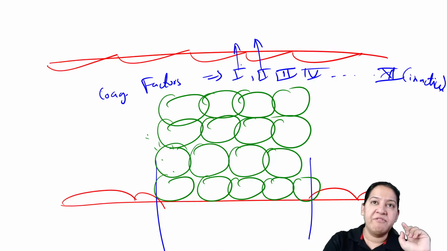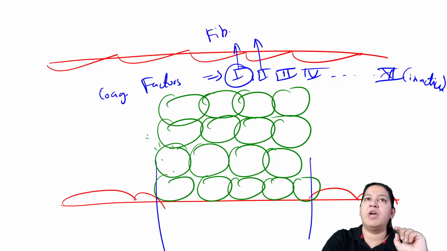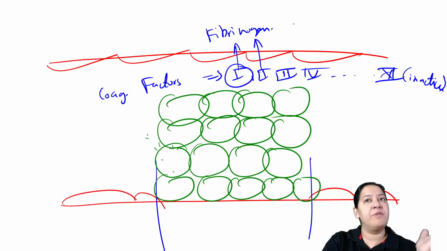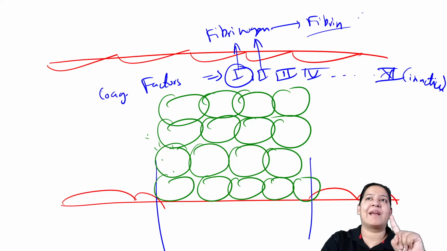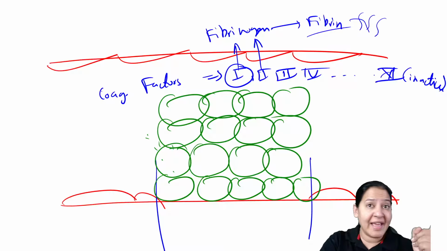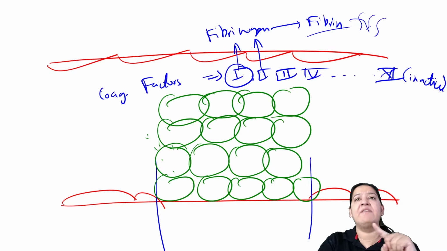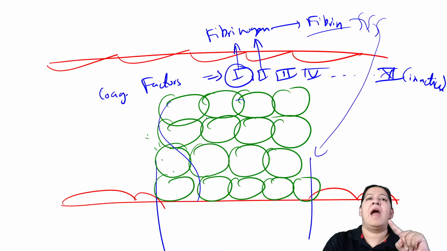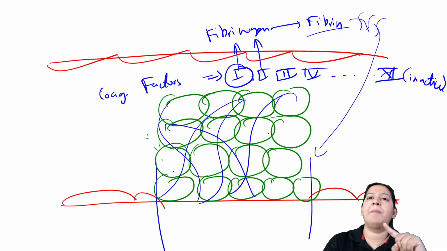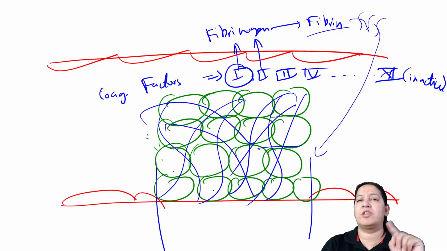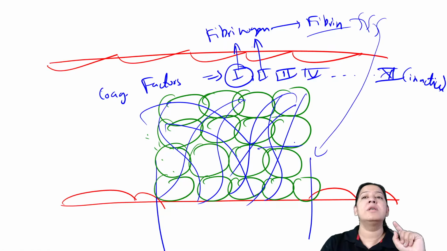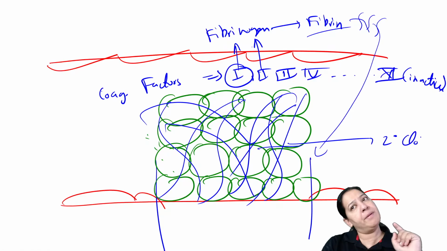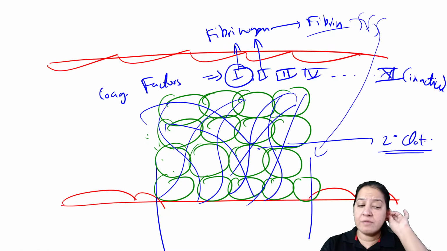Now, factor number 1 is known as fibrinogen. It is inactive. First, I will convert this fibrinogen into fibrin. Fibrin is like a thread. After getting activated, this fibrin will come here and become a thread over the platelet clot. Can you see I am forming the thread? Like a rope, it will bind over the primary clot, and now this clot is known as secondary clot. It becomes stabilized. So what is the composition of the secondary clot?